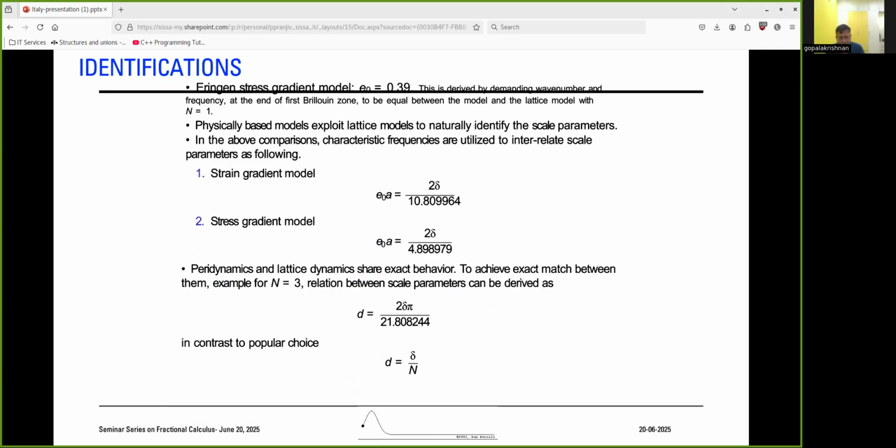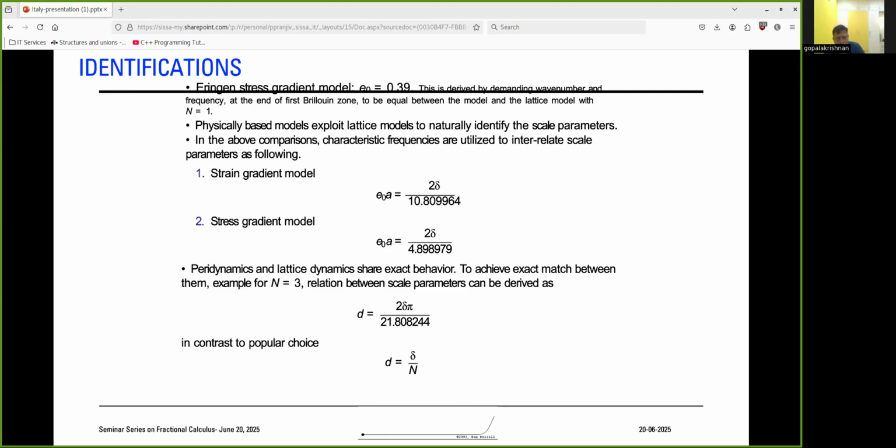So Eringen used the lattice dynamics model to get the value of the scale parameter as 0.39 by looking at the waves at the end of the first Brillouin zone. And now that we have the lattice dynamics model and all these three models, using these three, we can estimate the value of the scaling parameter e0a, for example, by comparing the dispersion or the speeds or the wave number between